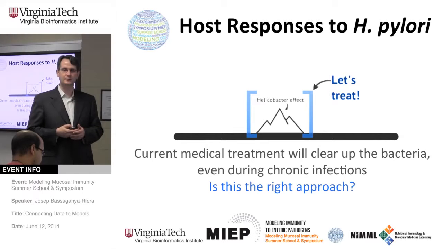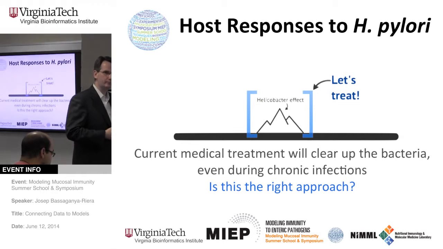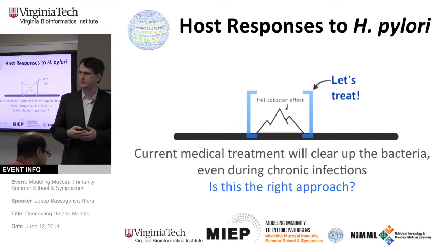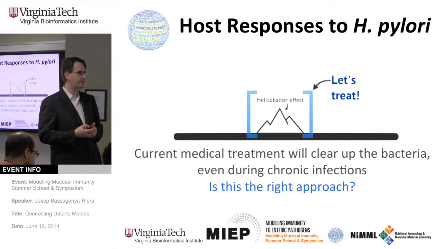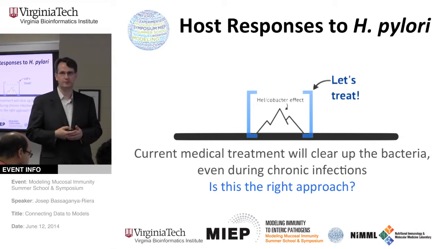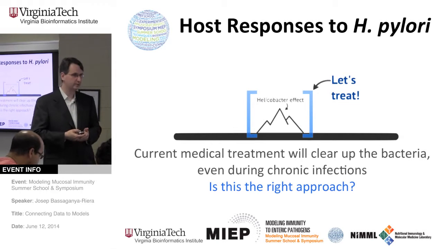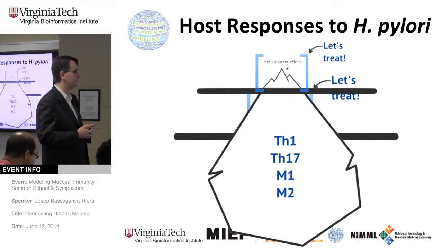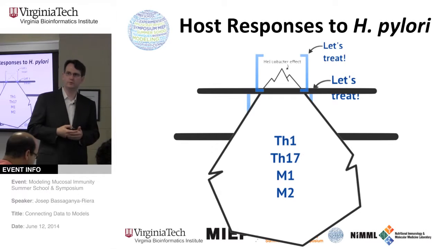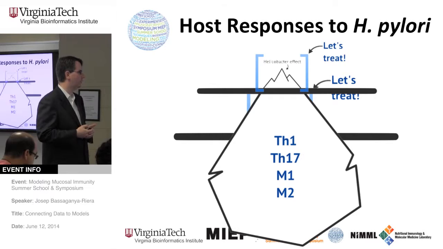And you saw this slide from Andrew's presentation. He made the case that through his integrated modeling and experimental approaches, perhaps treating H. pylori infection based on the results we have today might not be the best approach, because H. pylori is only part of the problem. We may eliminate H. pylori, but H. pylori is inducing an immune response, a Th1, Th17 response, that may be involved in the lesion formation.